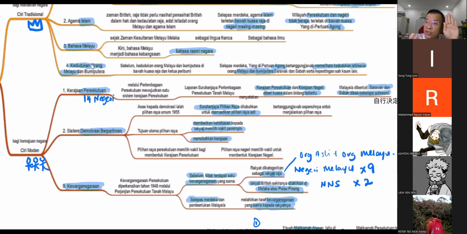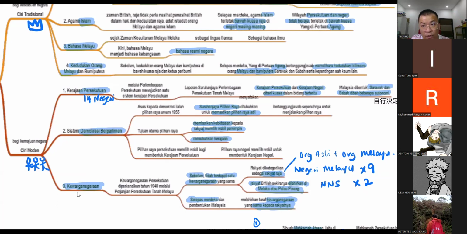You give back the citizenship because it is a trade-off. This thing will last forever. As long as non-Malay are citizens, Malay will enjoy special rights. Malay and Bumiputera will enjoy special rights. Because you see,